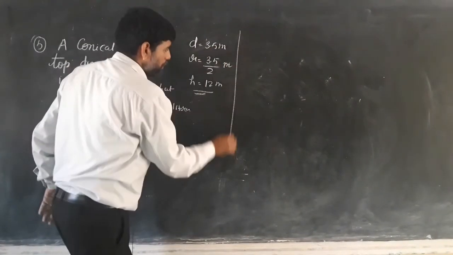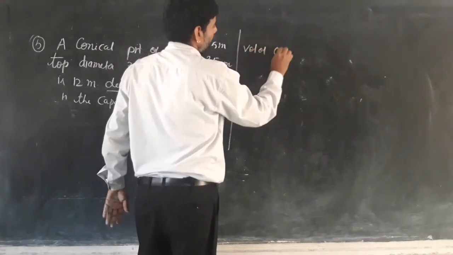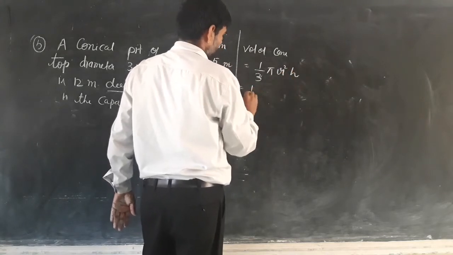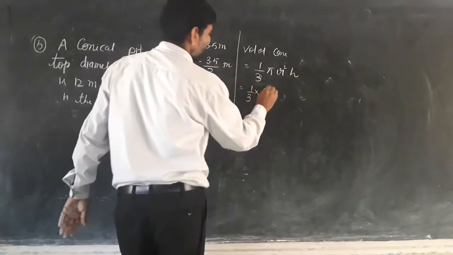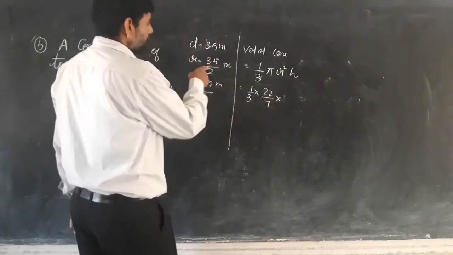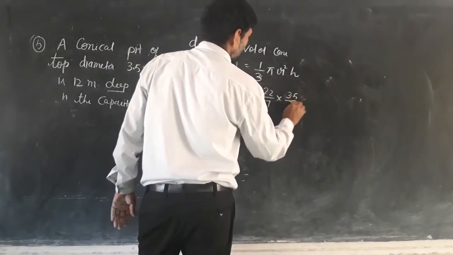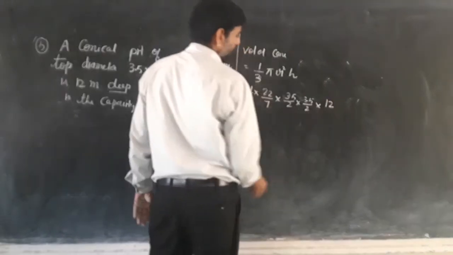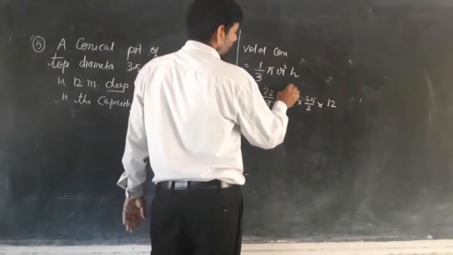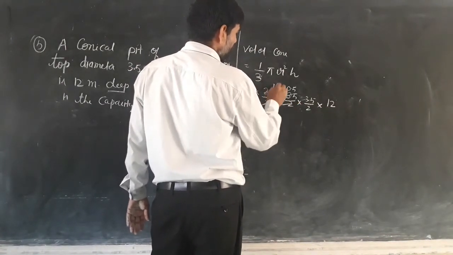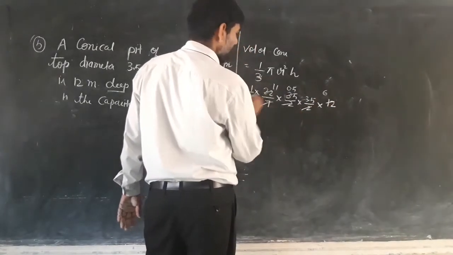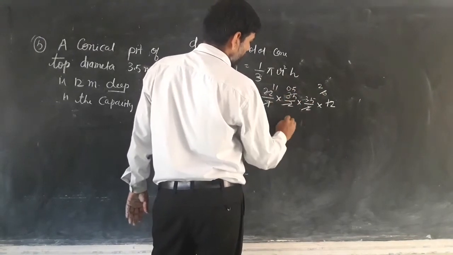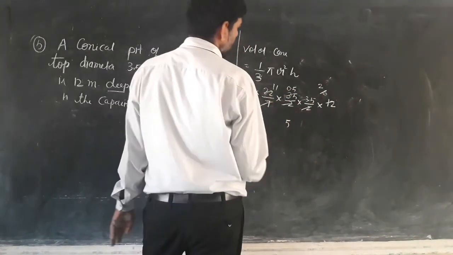First we find the volume of cone. So volume of cone is equal to, formula is 1 by 3 pi r square h. 1 by 3, the value of pi is equal to 22 upon 7. Radius is equal to 3.5 upon 2 into 3.5 upon 2, and height is 12. Cancellation: 7 5s are 35. 2 cancels 11 times, 2 cancels 6 times. 3 2s are 6. Multiplication: 5 2s are 10, 11 5s are 55, 33, 11 3s are 33.